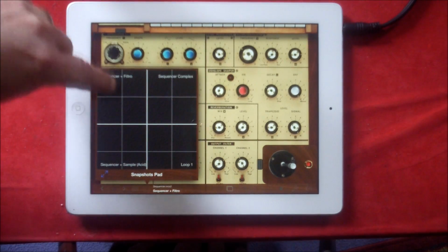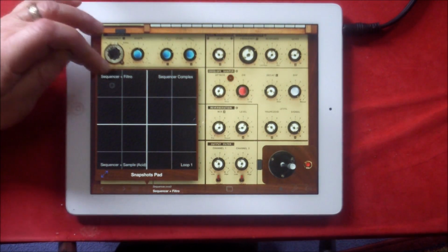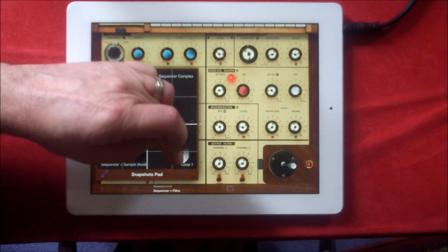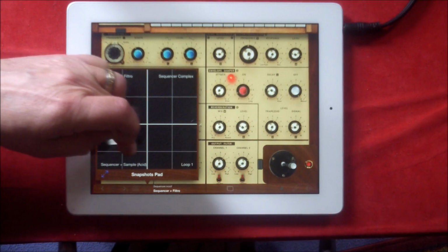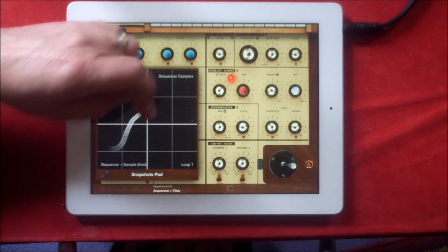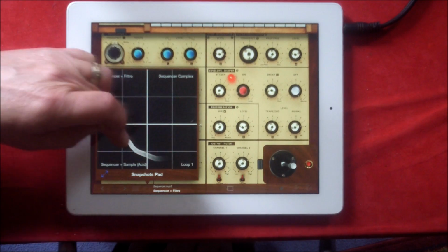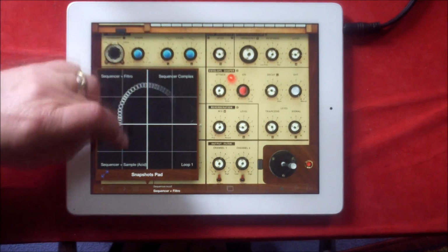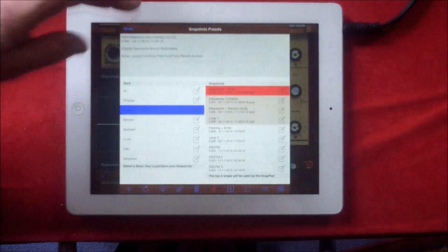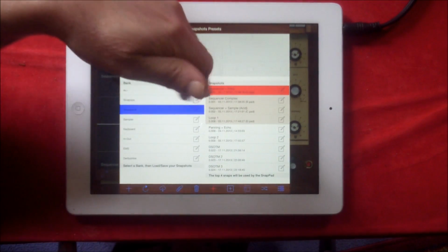Now if we look at the snapshots here, we can morph between them, and it also works as a filter and an input and an output in Audio Bus. Okay, so let me quickly show you something. If we go into what's it here, you'll see that the first four